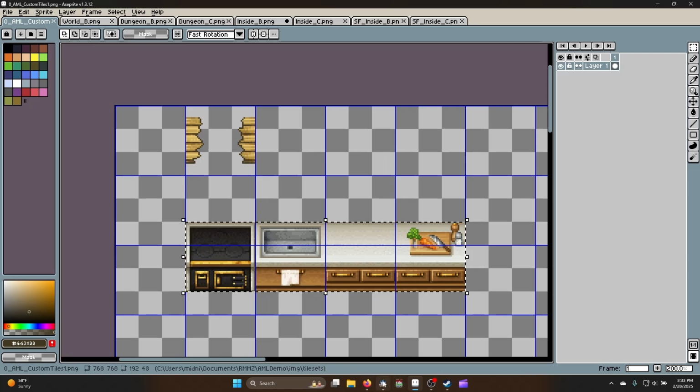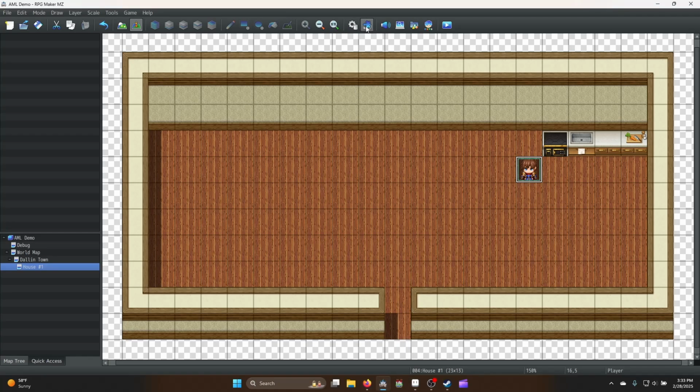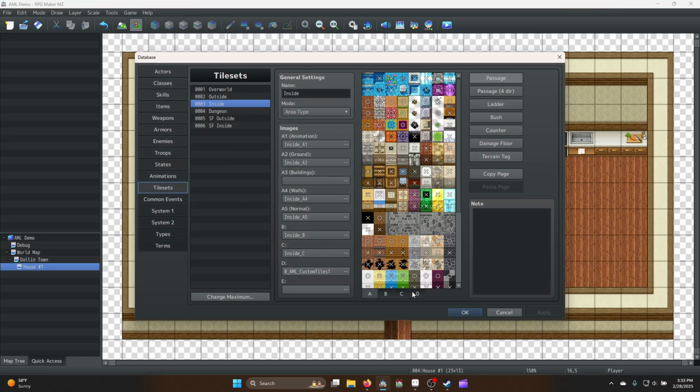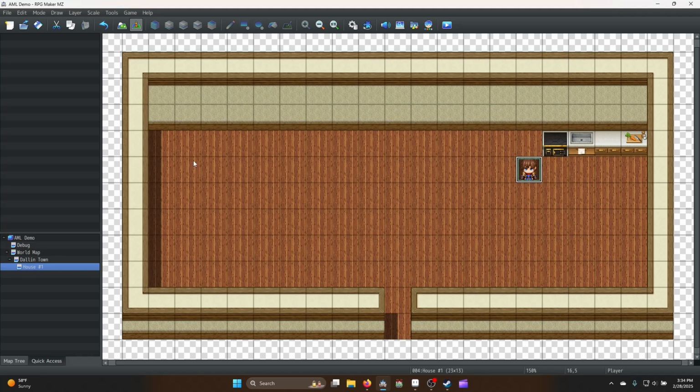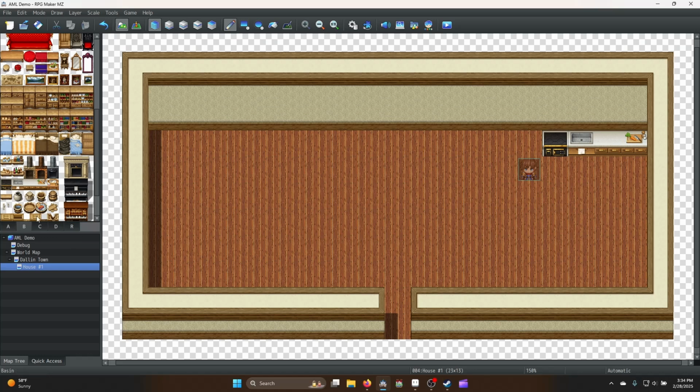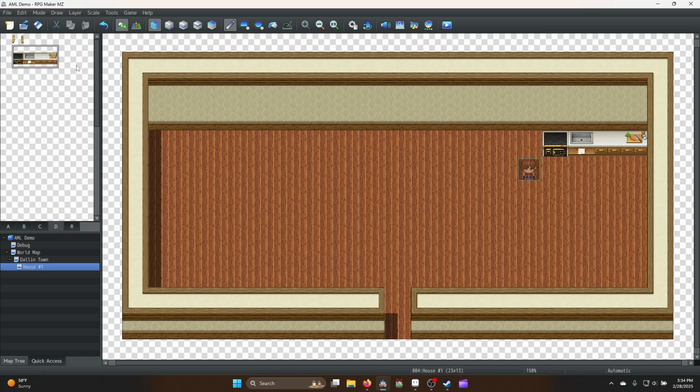We're going to save it, go back into our engine, go to our tile sets, go to D, set it so we can't walk through the back, but we can walk on the front. Hit apply. Copy that just in case. I like to keep it the same. And now look at the difference. I think you will find it is very apparent. So you grab both tiles by clicking and you stick it on there. It now looks like it's up against the wall. And even better,